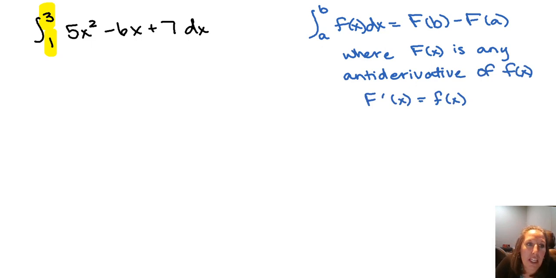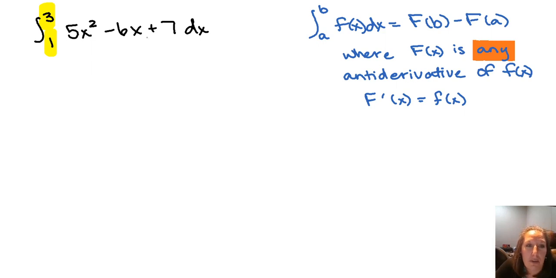And so the main thing that we're going to look at is that it can be any antiderivative. So all we have to do is find one function that, if we took the derivative of it, would give us what we started with, and then plug in our top number minus our bottom number. Well, that's what we have done in our last couple of sections,